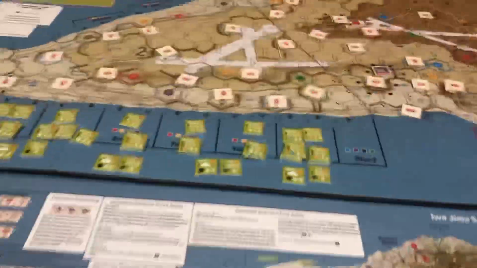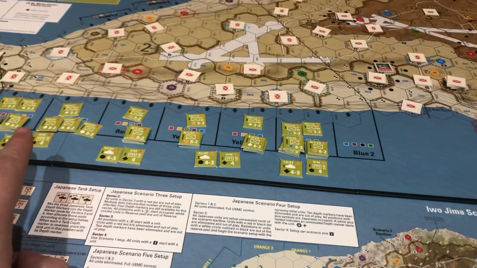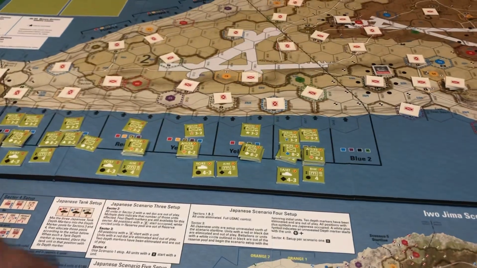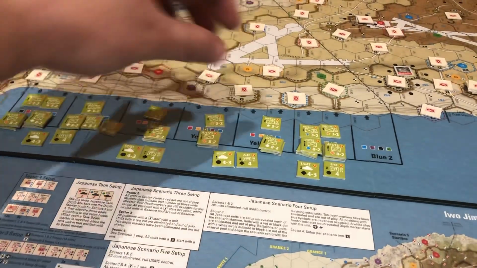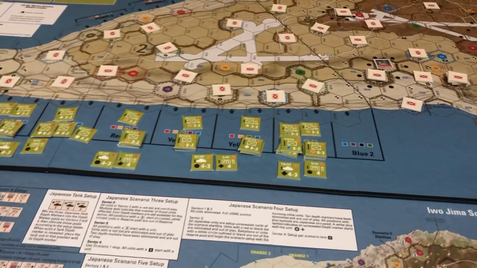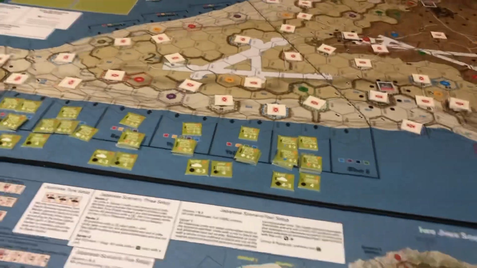But anyways, there's a lot of things here that we need to talk about. The next thing with setup is you can see I placed all the units out. These are the units that are going to be landing. And we have units that are in the beach boxes, and then we have like a wave 2. Now the rules are really nebulous on wave 2, but the idea is